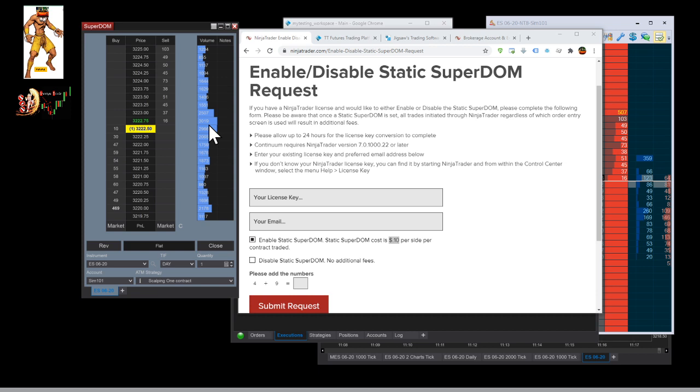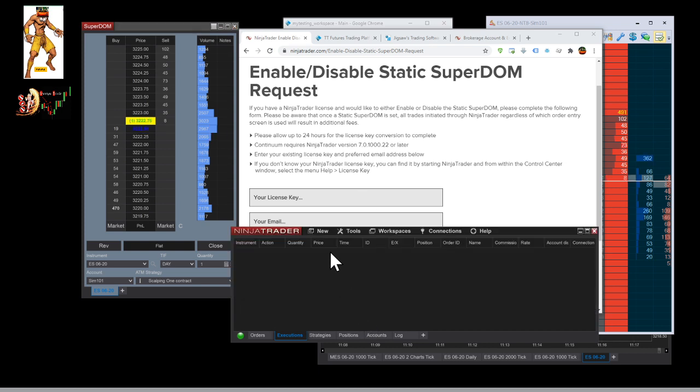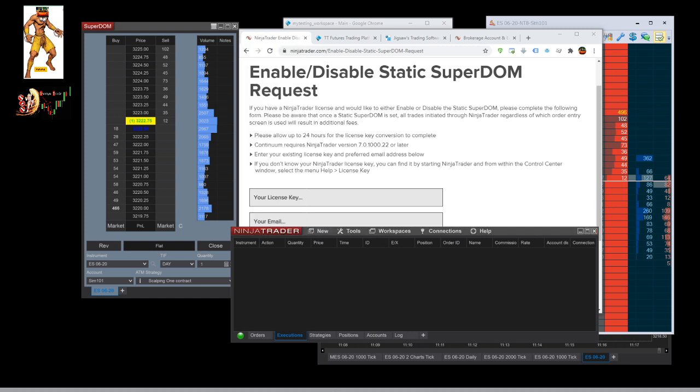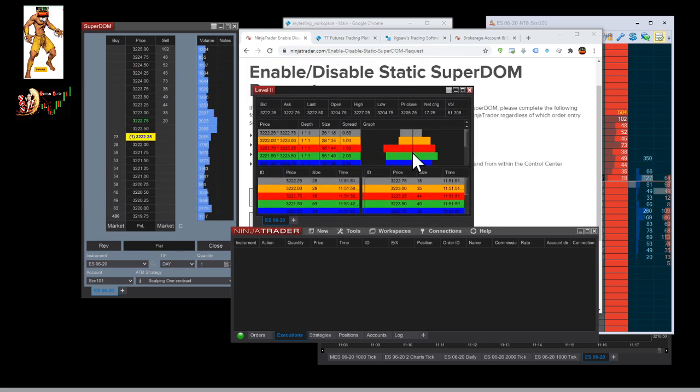and it will help you to just take a look at the Superdome and at the level 2. Also, another thing, so when I talk about level 2, I'm not talking about, on NinjaTrader, you also have this level 2 sheet, right? So if you click on it, you will have something like this. So I'm not interested in this sheet, right? This is not readable, right? What you want is to have the Superdome to basically read the level 2, okay?